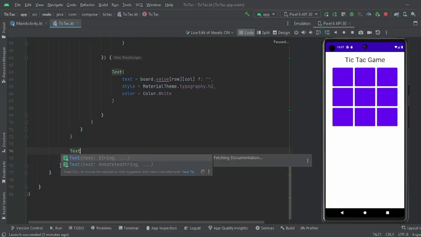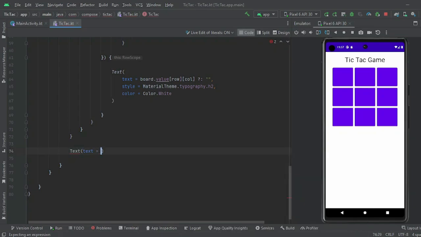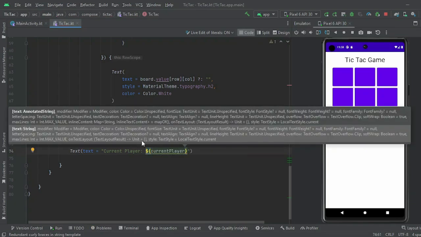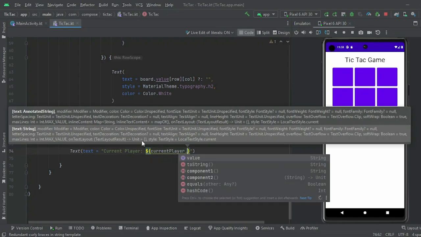So we can set a text here, and for text we can just say current player, with capital P, and then dollar and curly braces. We can set the current player to its value,